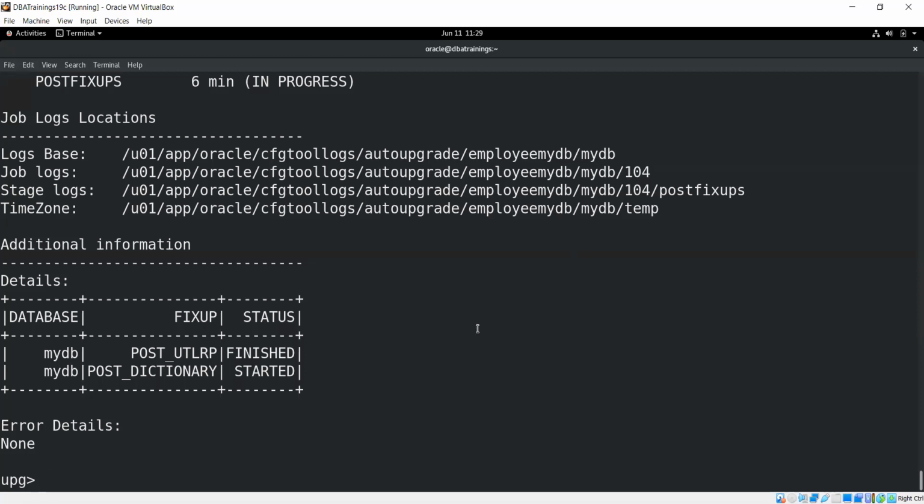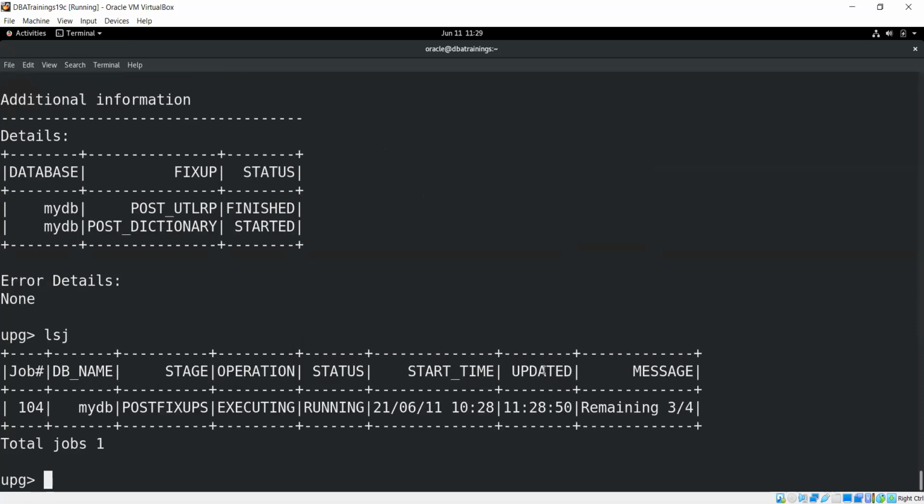Now if you can see, it's in the final stage. Post UTLRP has been done, and they are updating the data dictionary. So this is the status currently.